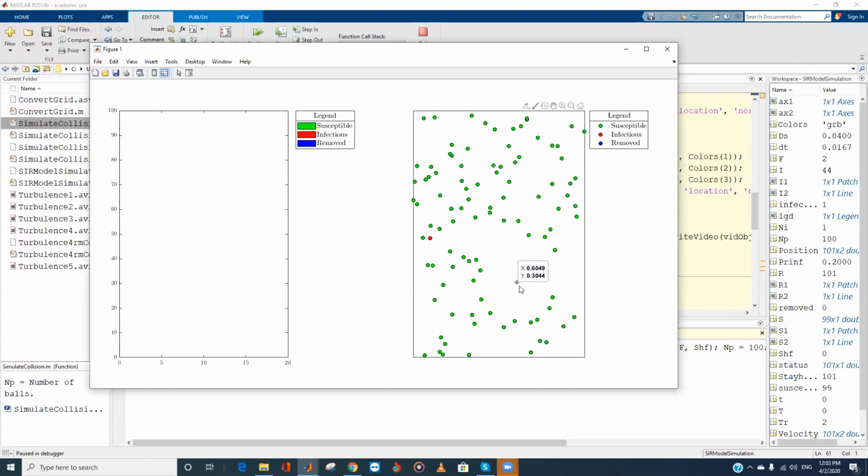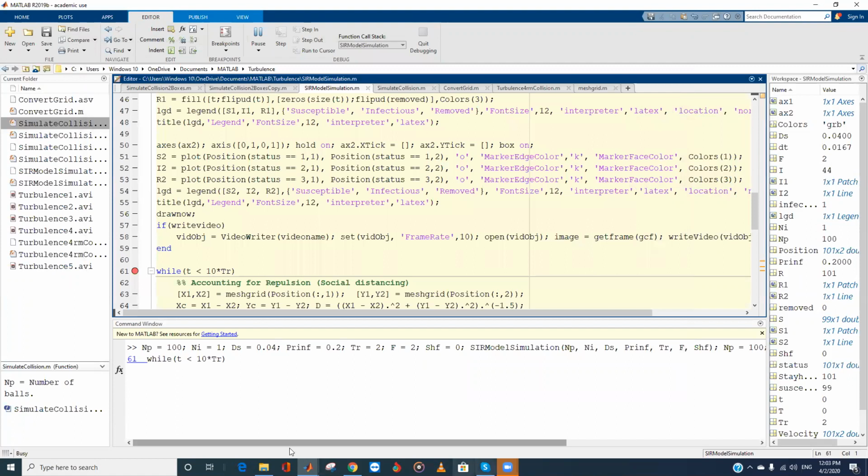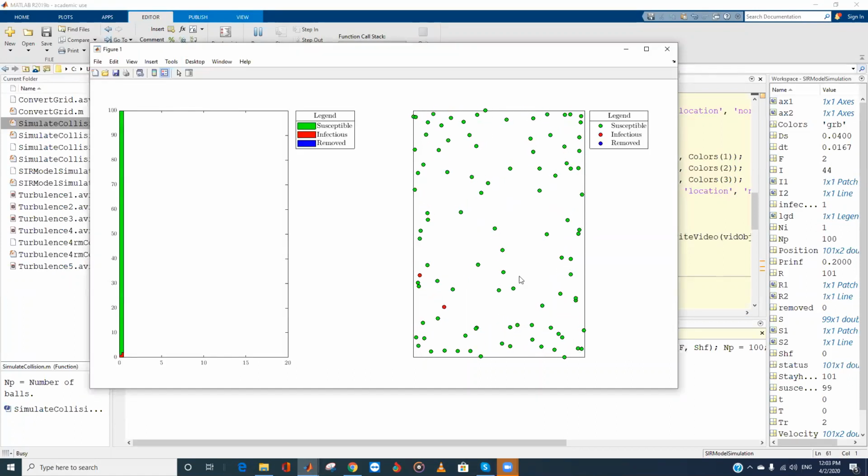Now I will run this simulation with the default values that I have set up. We're not going to look at the meaning of each of those parameters, or what effect any change in them will have on the result of the simulation. Let us just run this and see what we have. I will move my MATLAB back.